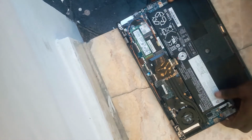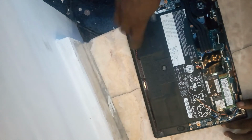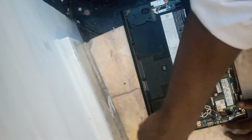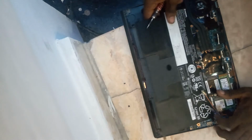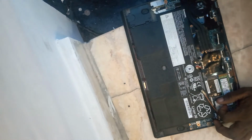So that is the cable there. You have to be as careful as possible because the motherboard is very expensive. These are 7th generation PCs. So you can see, just gently pull